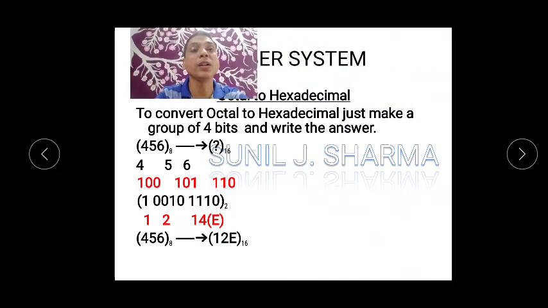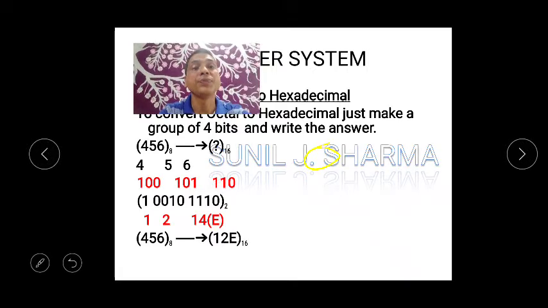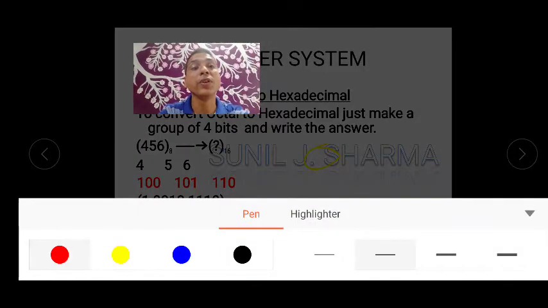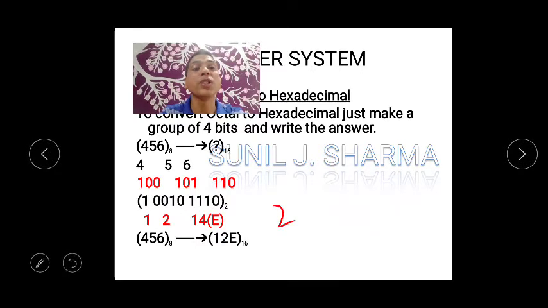Now, before we start with octal to hexadecimal and vice versa, I just want to tell you that whenever you use octal numbers, you should make a group of three, like 4, 2, 1. So for octal you have to make a group of 3, that is 2 raised to 3, so maximum it will be 8. So you can write 4, 2, 1. This is a shortcut method.